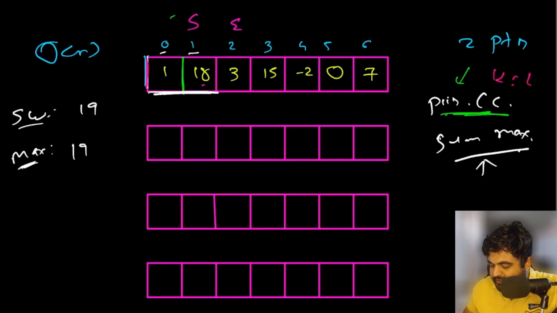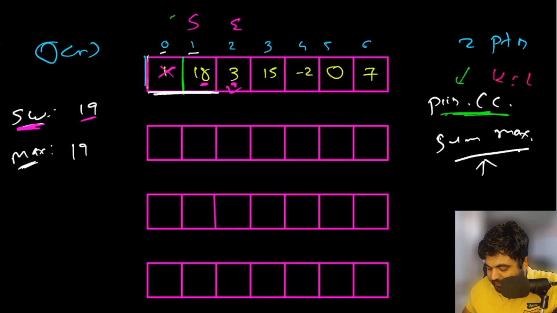So again the values are 18 and 3, but this time we do not need to calculate the sum of both of these values to generate our sum. What we can simply do is take the previous sliding window that we have calculated, and then we got rid of this element and we added this element. So this is simply what we can apply to our sliding window as well, where from our existing sliding window 19,